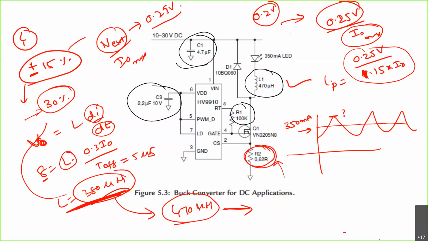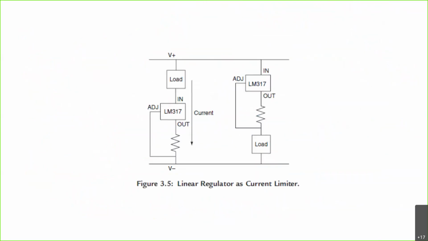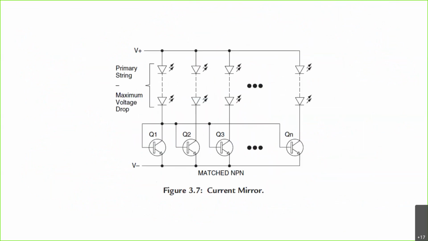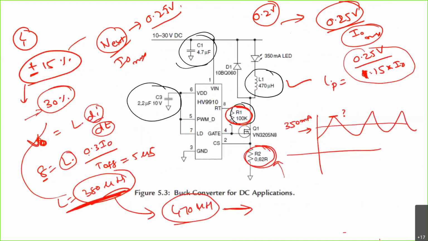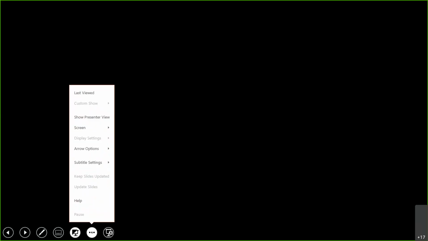It's clear? I think we have completed all this. And again, R1, selecting this one is already done, right? Select R1. So what formula? R external plus 22 by 25. So that is the formula. Based on that, we need to select this resistance corresponding to 5 microfarad, corresponding to 5 microsecond. You need to select that. So this is about the design of all components.